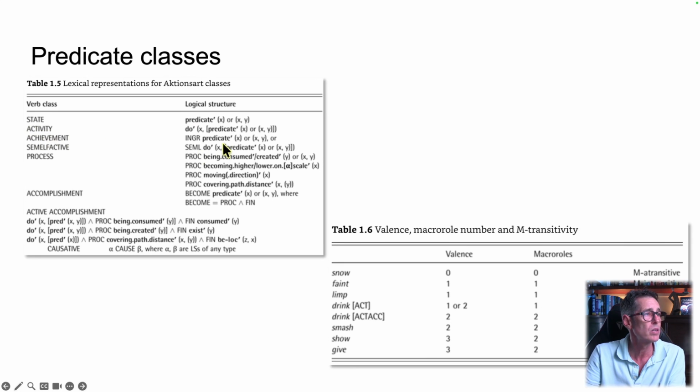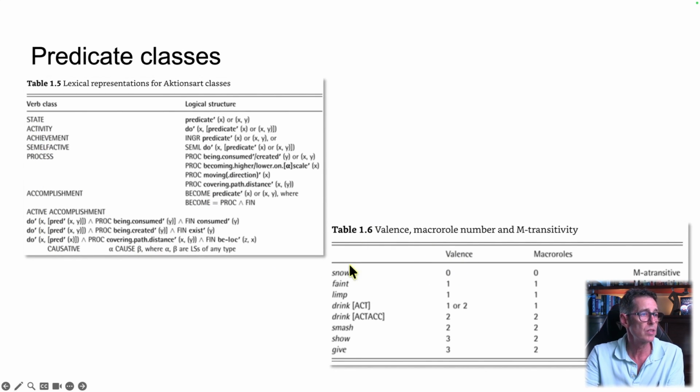There's an activity, which is where you do some activity. There's the name of the activity. And again, this can be one role like running. If you run, you're running. Or you can have a second role here, give. So you can, or have. If I have something, then I have the thing that I have. So there's extra arguments. And then there's changes of state, instantaneous changes of state over time. And so these are the different types.